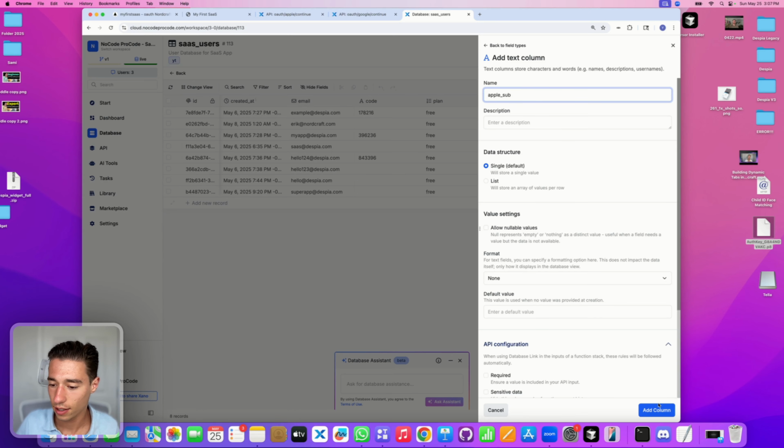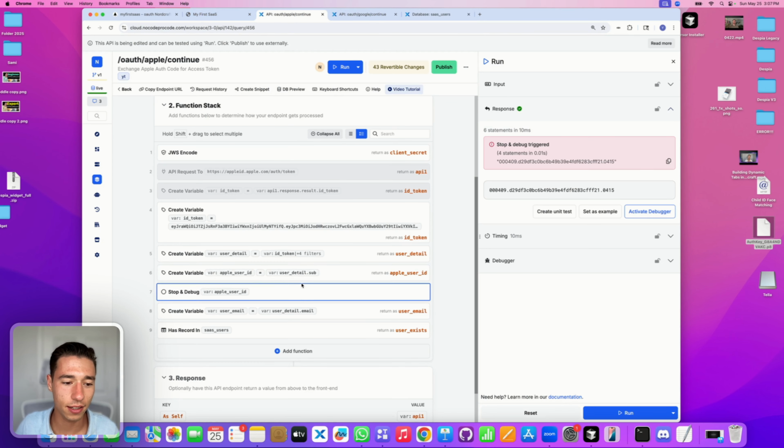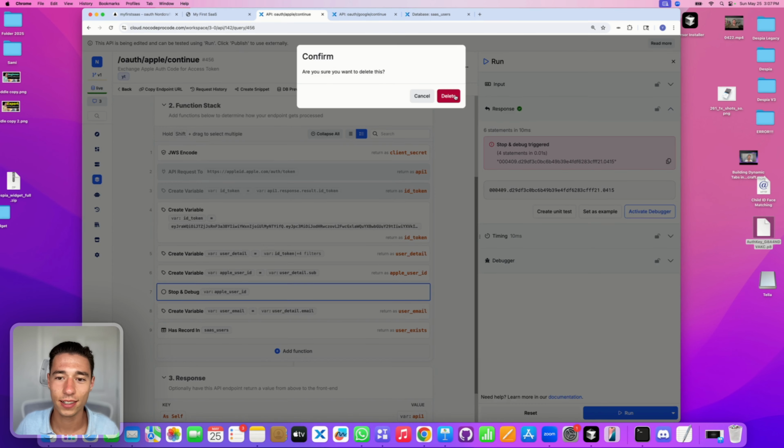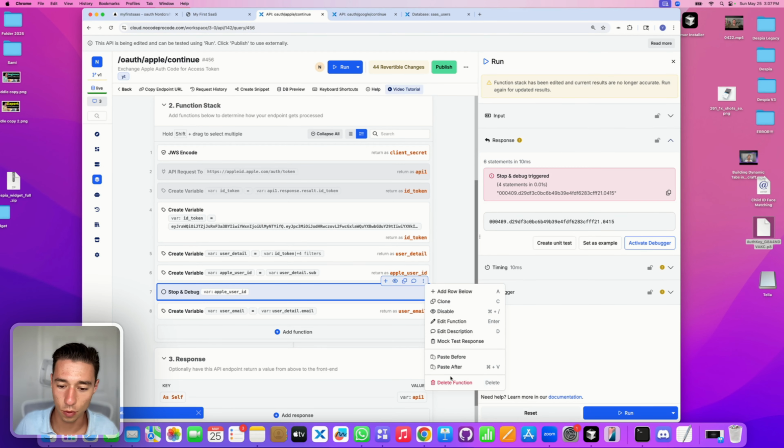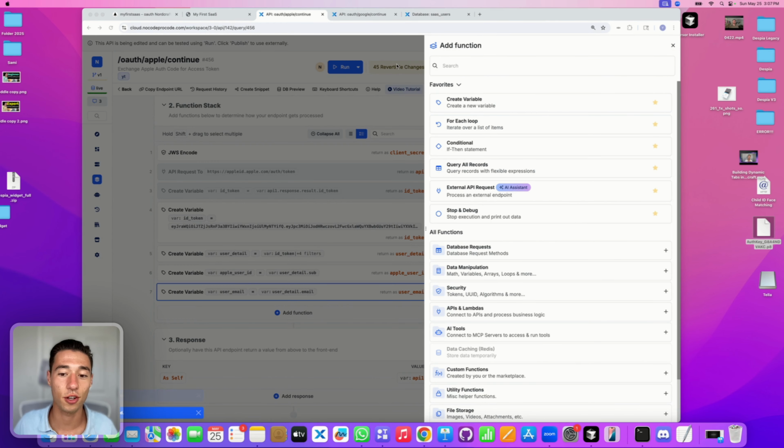Okay, we'll add that. That's optional right now. We don't have any. But we can now go to our API, and we need to actually delete the hash record now. And let's also remove the stop and debug while we're on it, because now we need to look based on multiple conditions. We need to look based on the email or the sub ID, because if they change the email, we need to adjust that in our system,